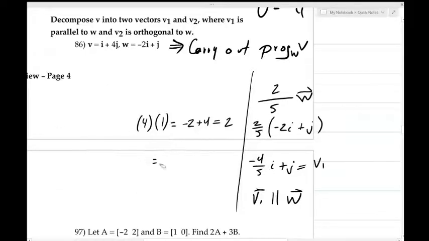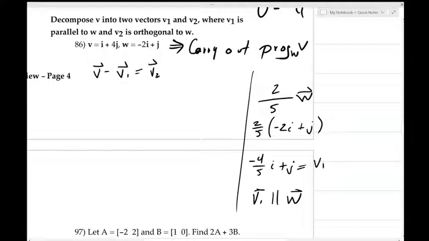We have to do the original vector V minus V1 in order to find some new vector, which we'll call V2, and then V2 will be orthogonal to